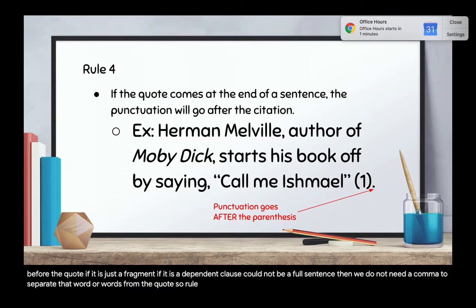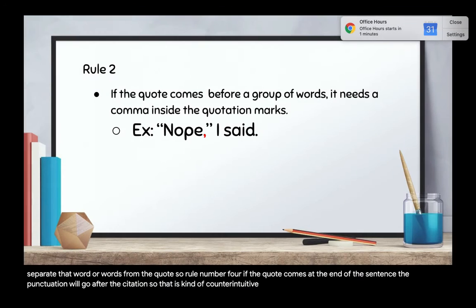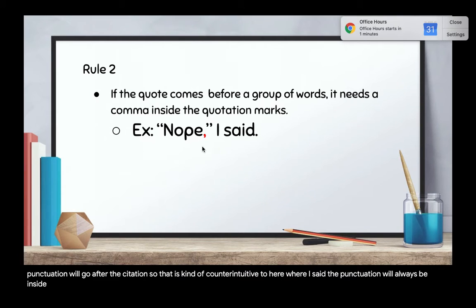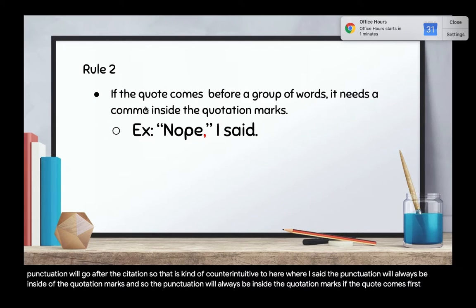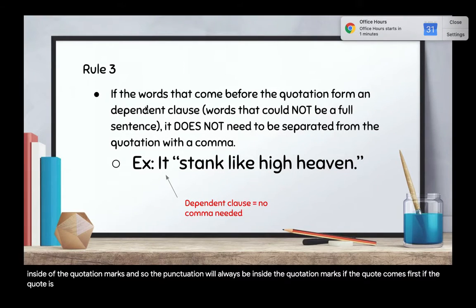So, rule number 4, if the quote comes at the end of the sentence, the punctuation will go after the citation. So that is kind of counterintuitive to here, where I said the punctuation will always be inside of the quotation marks. And so the punctuation will always be inside the quotation marks if the quote comes first. If the quote is last,